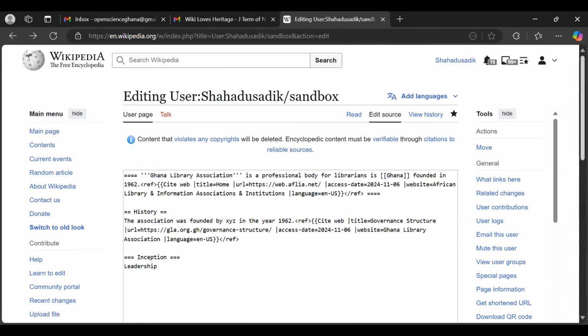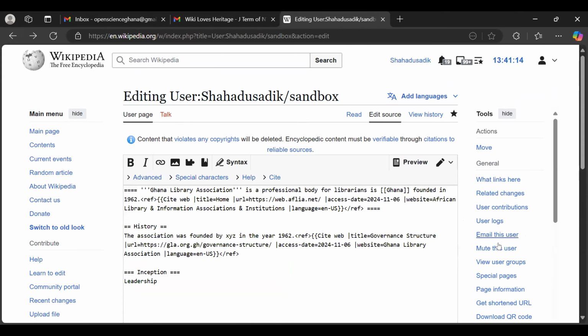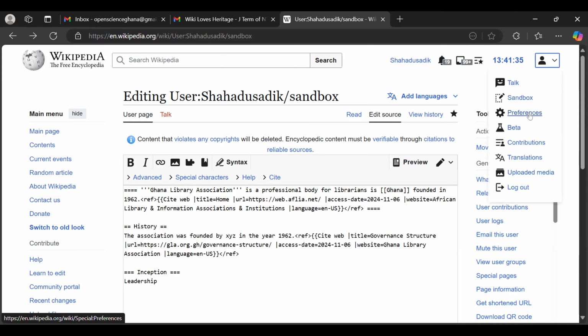So all these that I'm saying are just a little bit of information that will guide you to understand what Wikipedia is and how it works. So with article creation, it is advisable that you go to your sandbox to start editing or creating content directly from your sandbox. When you go to preferences, I think this is not necessary at the moment. Preferences allows you to set your page to different things, like the background color and all of that.